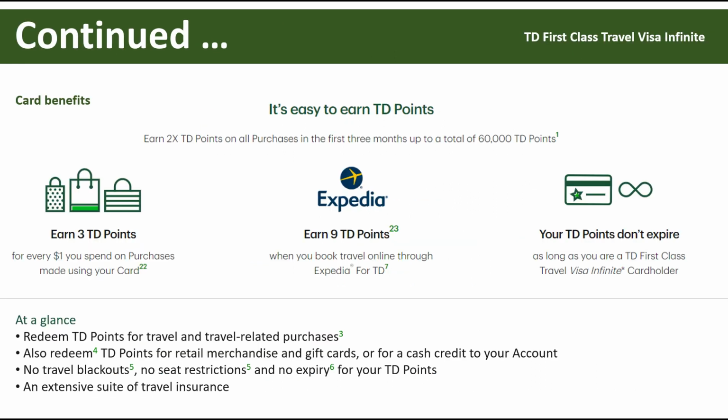What I especially like about this card is the fact that the points that you earn can be used for a number of occasions. You can redeem your TD points for travel and travel related purchases. You could also redeem these points for retail merchandises, gift cards, and even for a cash credit to your TD account. TD has partnered with Expedia, which is a renowned website for purchasing travel related items from flights, hotels, and car rentals, etc. So in partnership with them, you can easily book your travels and other travel related items through